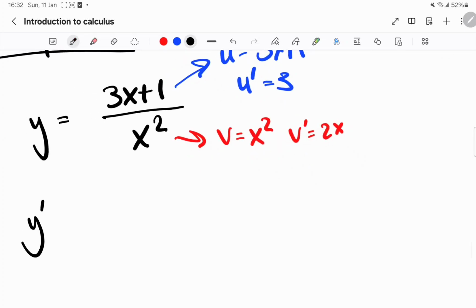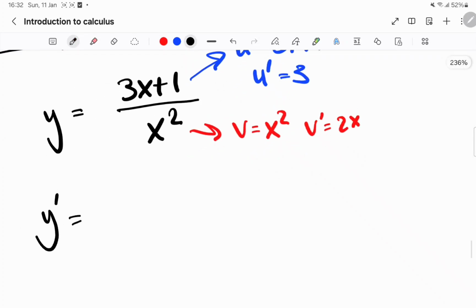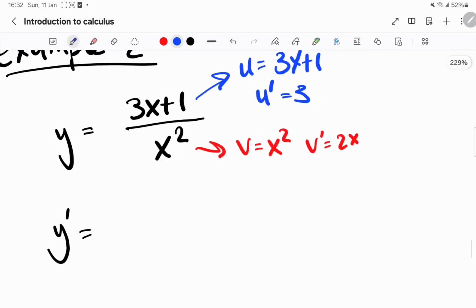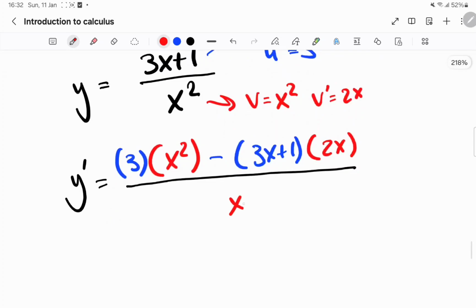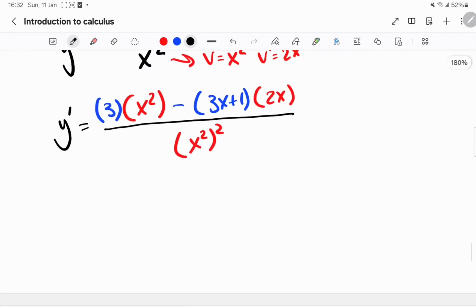So let's write down y prime. We're going to get u prime times v, minus u multiplied by v prime, over v squared. So let's simplify now. y prime is equal to 3x squared